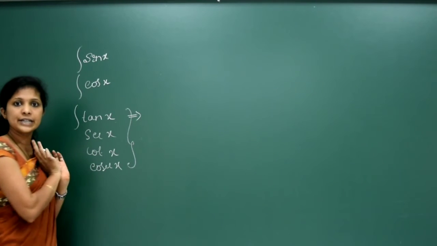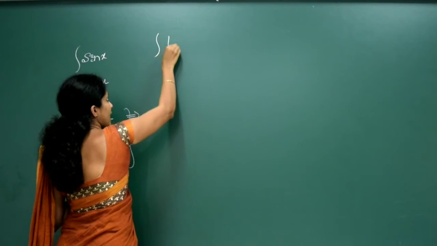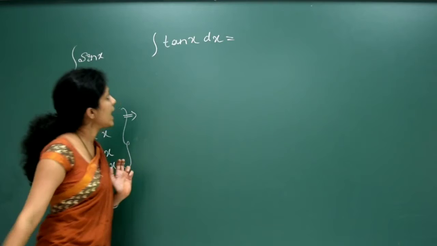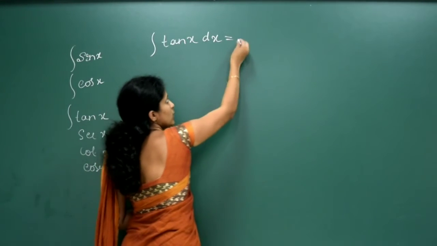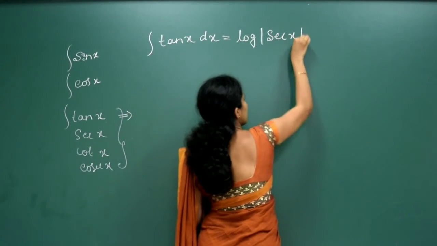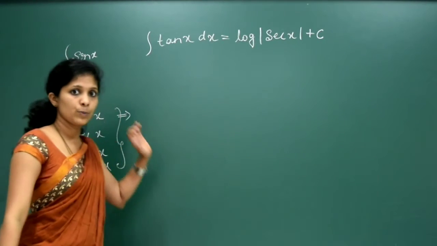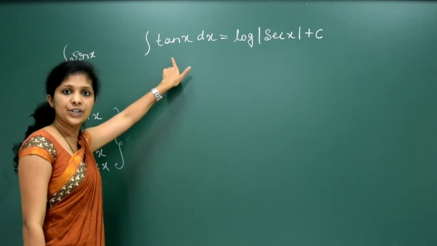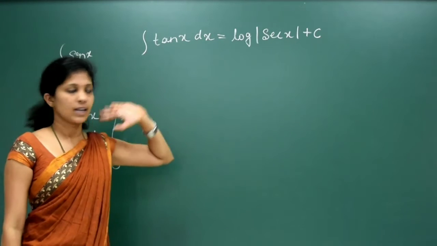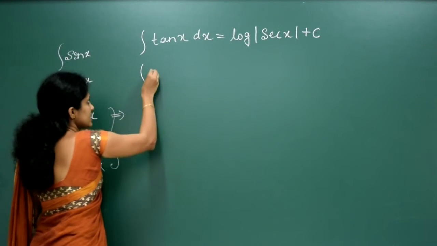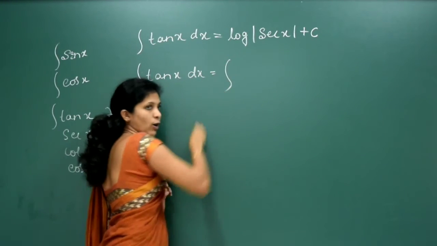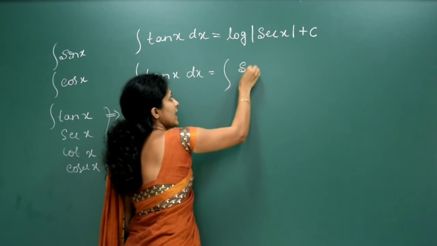First we will find the integral of tan x. You should remember this, and this method is also important. You can expect a 2 mark question from this. Integral of tan x is equal to log of mod secant x plus c. I hope you remember all the formulas, so add this formula. Integration of tan x dx is equal to log mod of secant x plus c. Now we will prove this one. Integration of tan x dx, this is equal to integration of tan x, which can be written as sin x